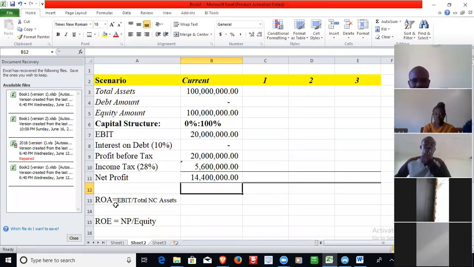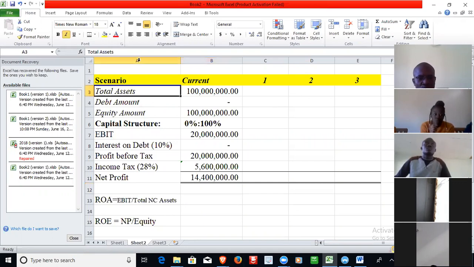So our return on assets, the formula for return on assets: we have invested as an organization into this asset. Assume the asset is called A. We have invested into asset A in tune of 100 million. So how much are we going to be getting from this 100 million? How much are we going to enjoy from that investment? So the return on assets formula is earnings before interest and taxes divided by